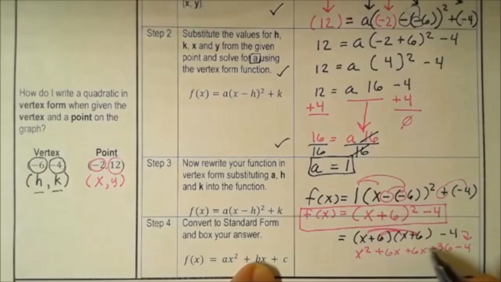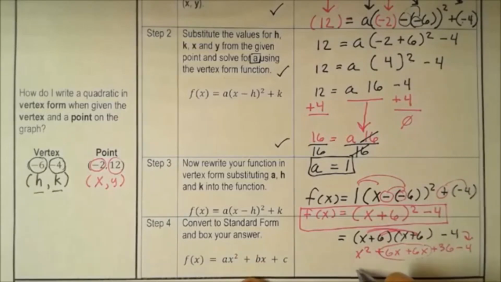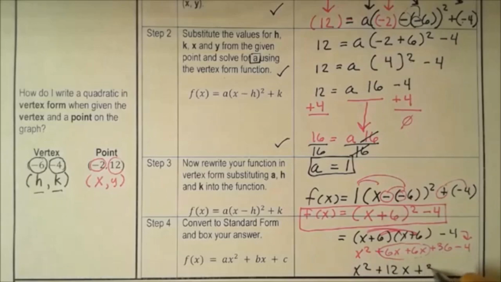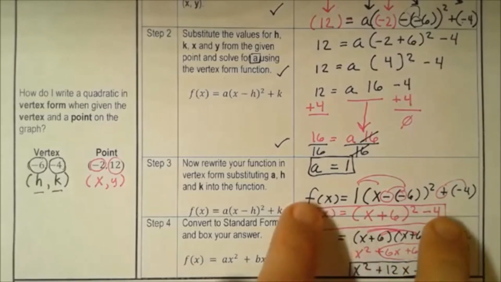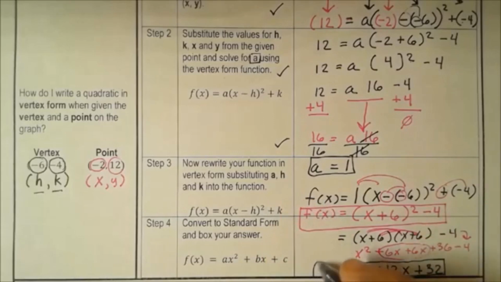If we simplify it, we can combine the positive 6x and positive 6x, so I end up with x squared plus 12x, and then 36 minus 4 gives me plus 32. And that's my answer in standard form. So I have standard form down here, and I have my vertex form down here. And I guess if it helps you, I could say f of x is equal to